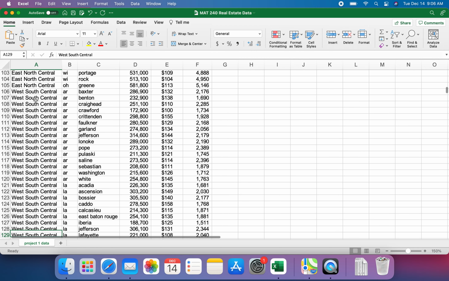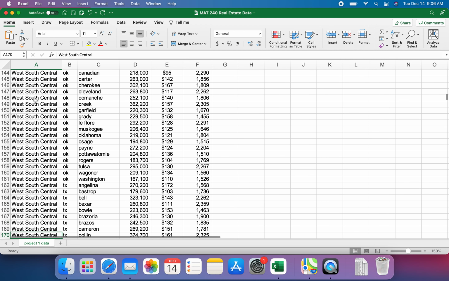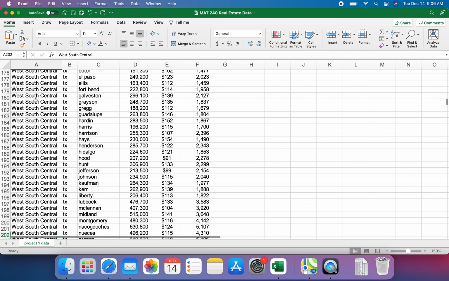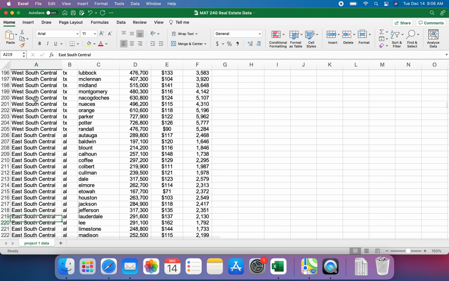If you scroll down, you'll see more regions in the United States. You can pick any of them. We're going to take a sample of 30. I'm going to take the East, South, Central. The easiest thing to do, in my opinion, to start off is just take all of the information from the region that you want. So I'm going to find where East, South, Central starts, shift, scroll down